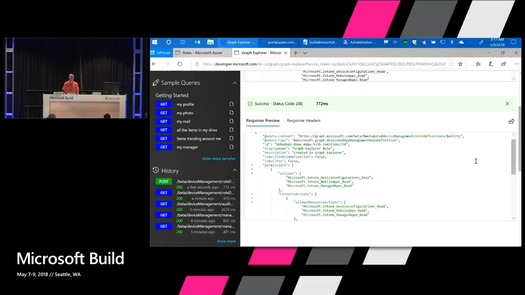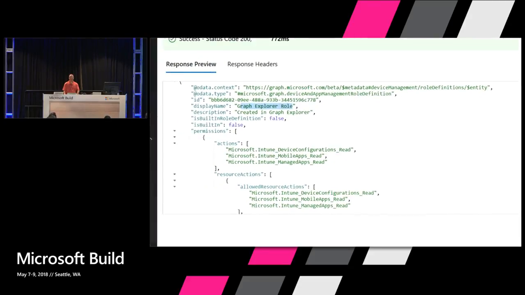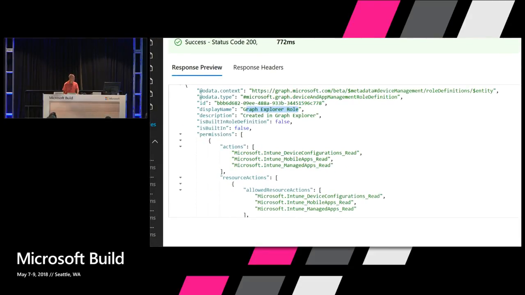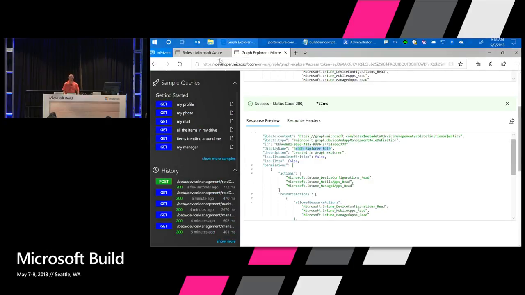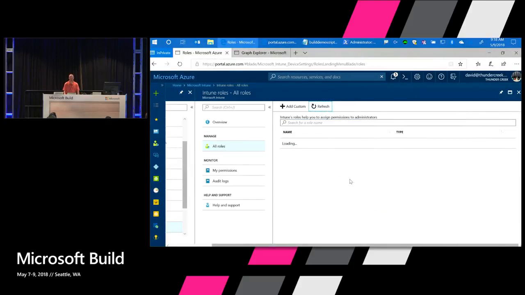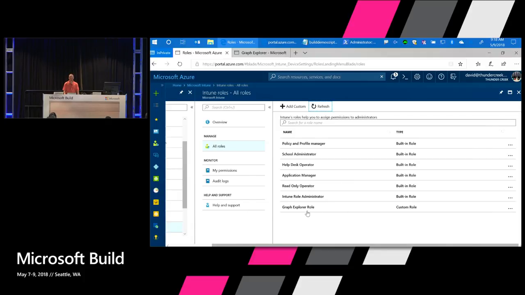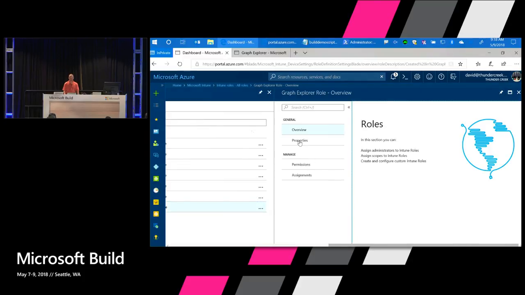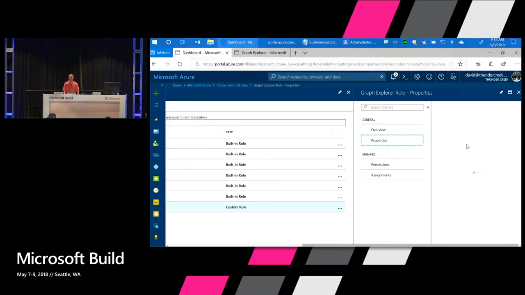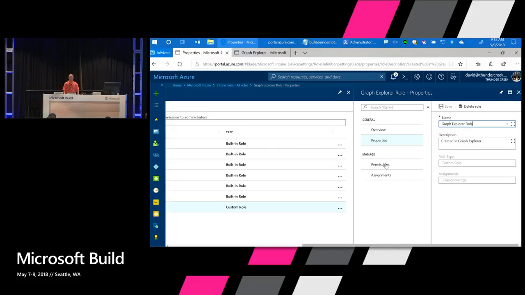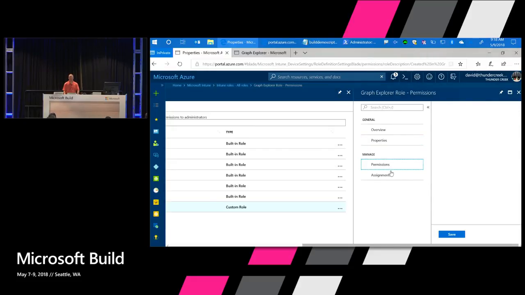So the same endpoint that I retrieve information from, I can either patch or post against to create new objects or update existing objects. So now that I've created that new role, its display name is Graph Explorer role, and the description is created in Graph Explorer. So if we just go back and do a refresh of our UI, we'll see that we now created our new custom role called Graph Explorer role. And the description is created in Graph Explorer. And if we go take a look at the permissions,